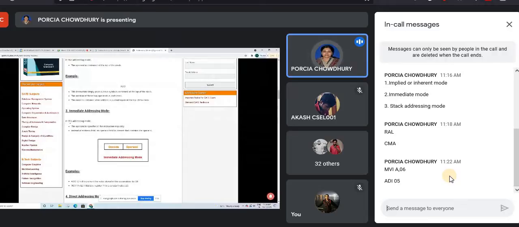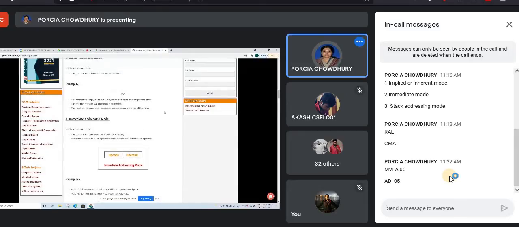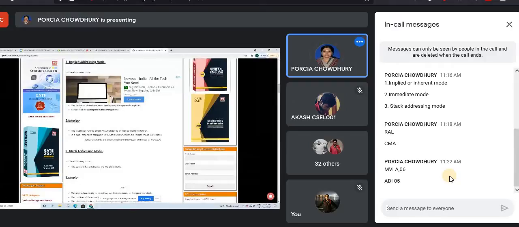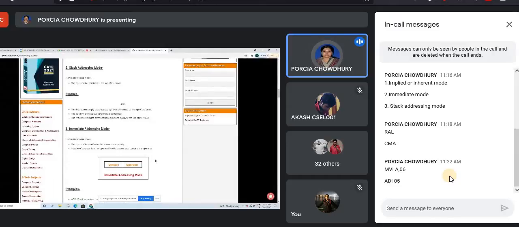Immediate addressing mode. In this addressing mode, the operand is specified in the instruction explicitly. See what's written in implied mode: the definition of the instruction itself specifies the operands implicitly. Remember, implied means implicitly. So that means we don't have any operand other than the content of the accumulator. In case of immediate, there is the content of the accumulator and one more operand which is specified in the instruction explicitly. So we have opcode and operand, and that is your immediate addressing mode.